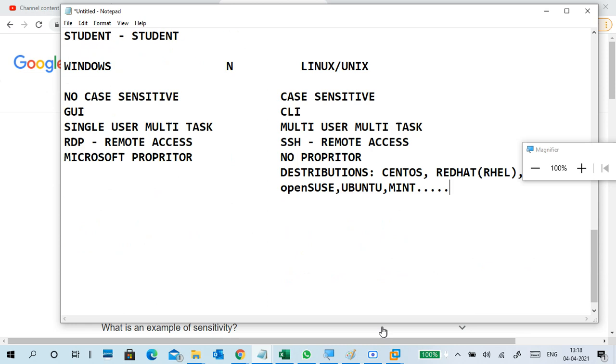So many distributions are there in Linux. But in Windows, we don't have distributions. We have versions only, like Windows 10, Windows 8, all from Microsoft only, not different organizations.